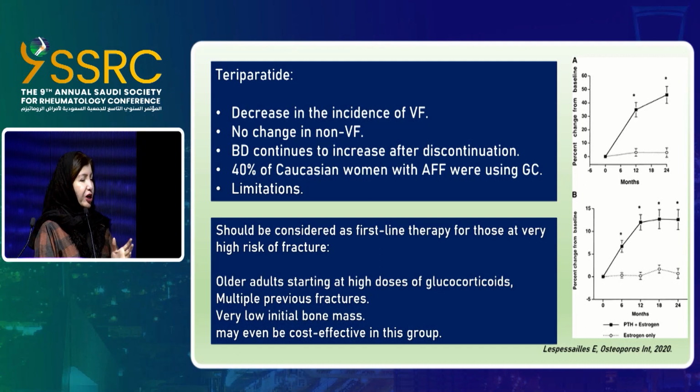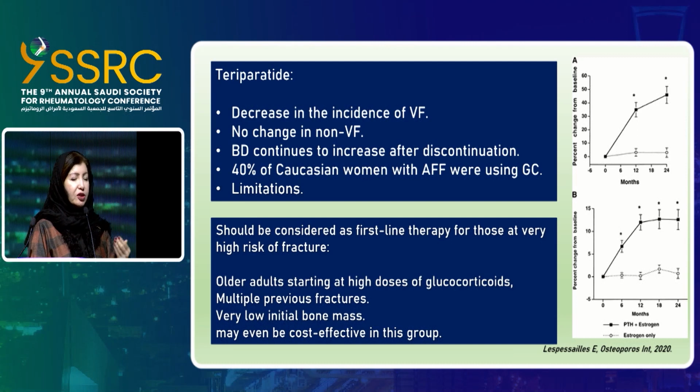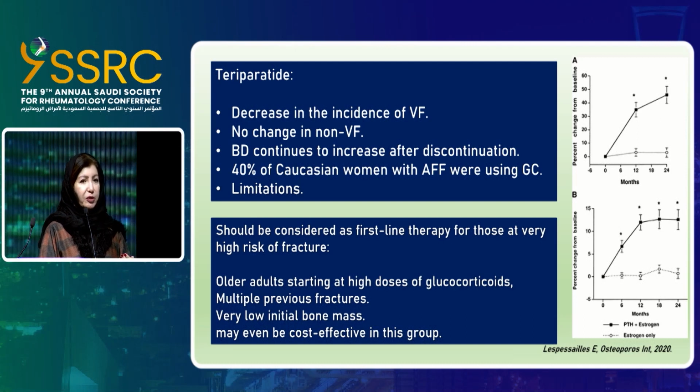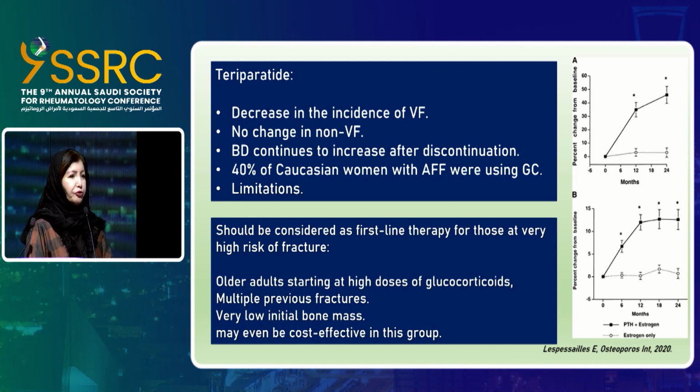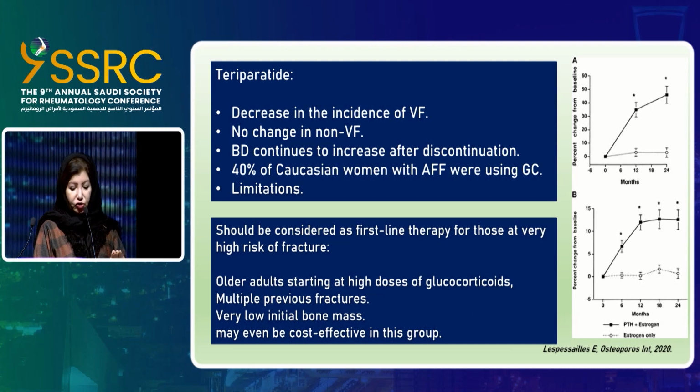Also, in patients who develop AFF, or atypical femoral fracture, most of these patients are on steroid. And we'll not go through the AFF and what it is, but just to know that if you have a patient with AFF, mainly it means frozen bone, the underlying pathophysiology. So the best treatment, just like primary osteoporosis, is to give teriparatide in these patients, although it's not approved either in primary or secondary osteoporosis for this indication, which is AFF.